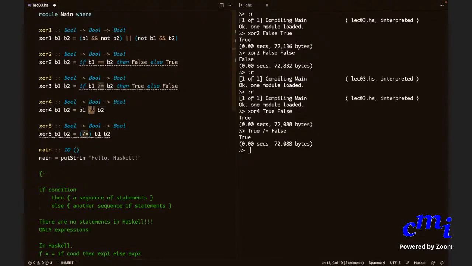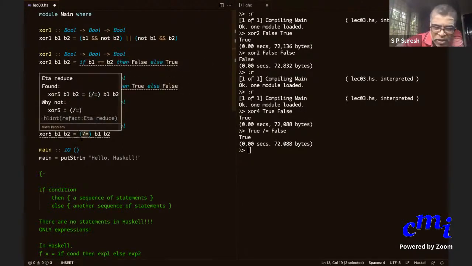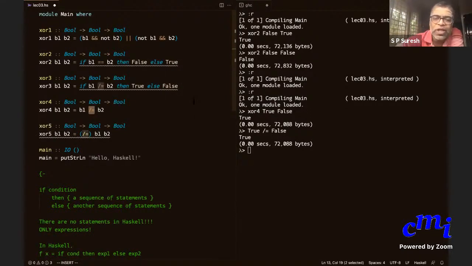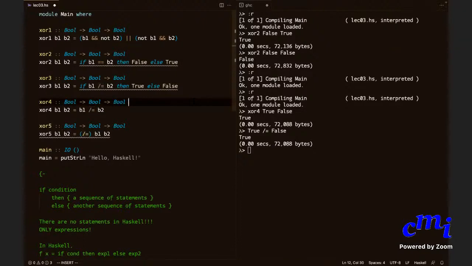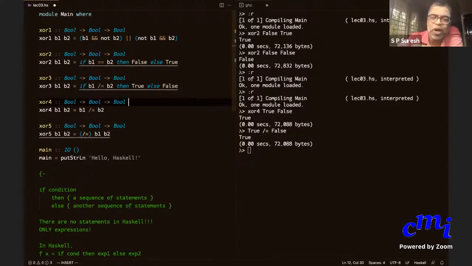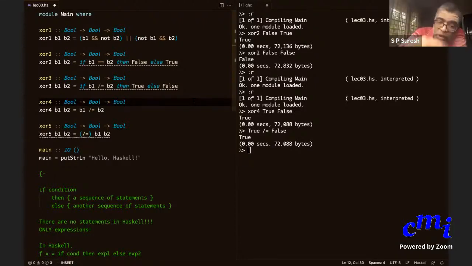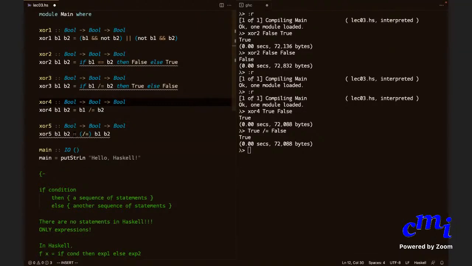But in Haskell, whenever you have a binary operator like this, you can always put parentheses around it and you can treat it like a function, like some f. When you write f, you don't write f in between the two arguments, right? Assume there is a function f with two arguments. You say f of x y, not x f y. So plus x y means x plus y, but you have to put the plus within parentheses. That is the point. Plus within parentheses makes it into a function.